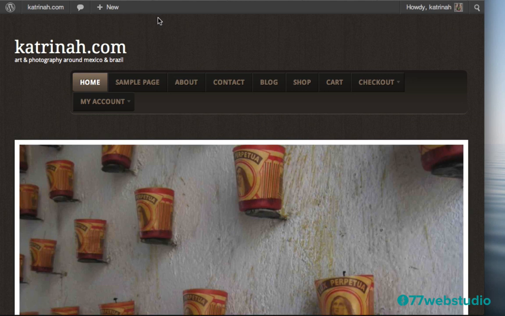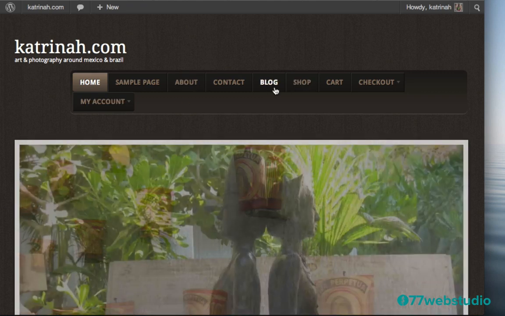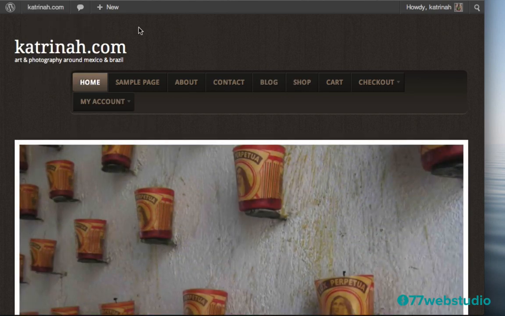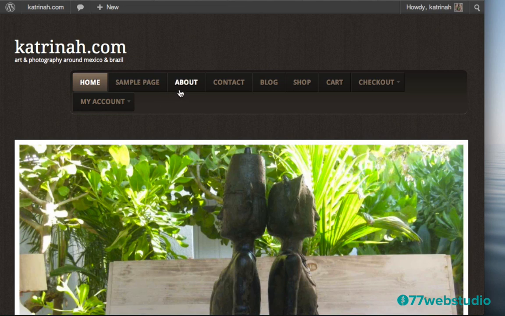I really want to have that top menu navigation area at the top, and I want to remove this second navigation altogether. So this particular theme, the Bureau theme, comes with two menu navigation areas. There's this one right here, and then there's going to be another top menu navigation at the top. So let's go ahead now and start configuring the menu navigation area.